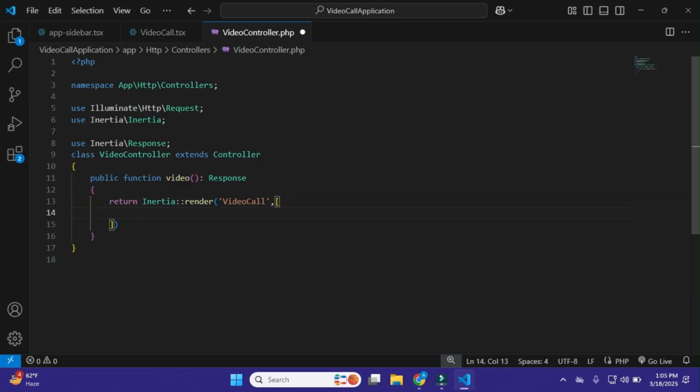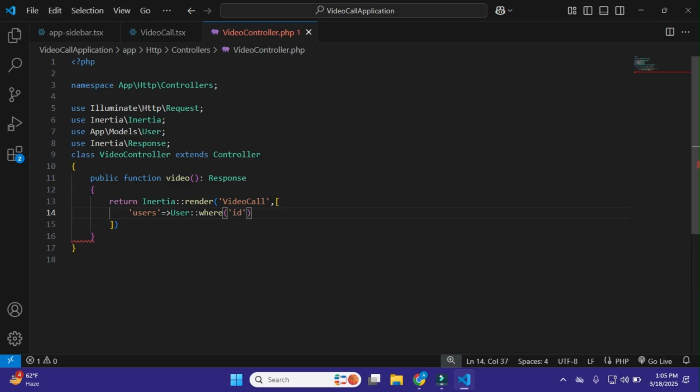After it, get the users also on this page. So call the user model here also. I'll import the user model, use app slash models slash user. We need to fetch the users that have the opposite role, not the current user.